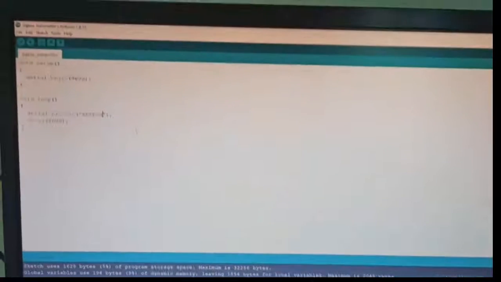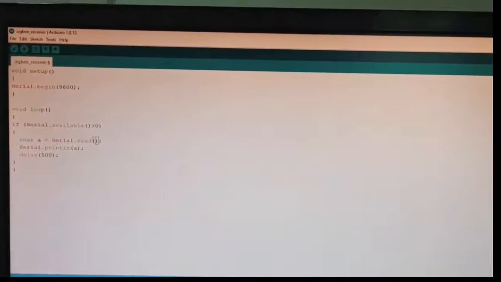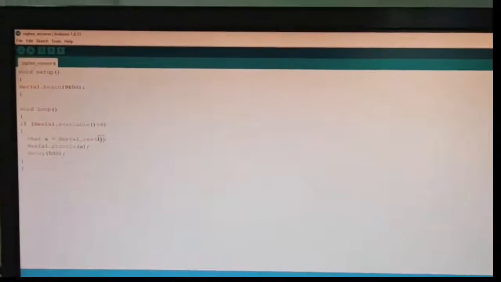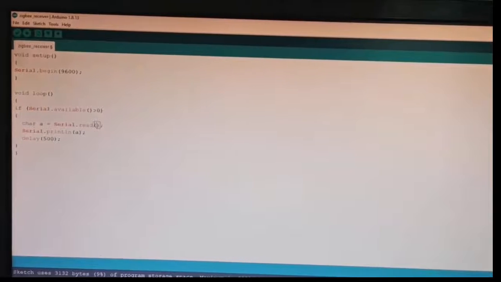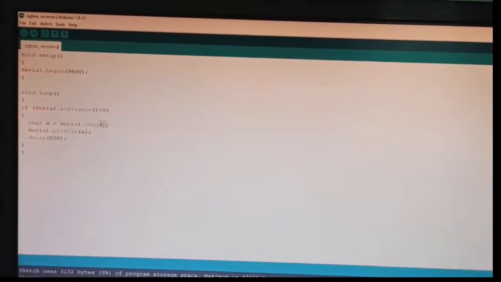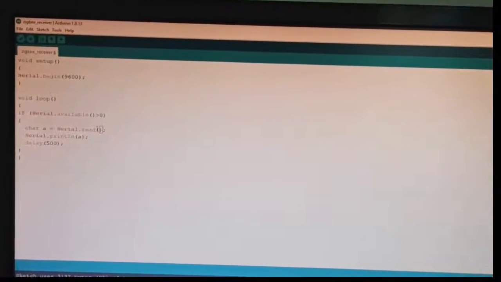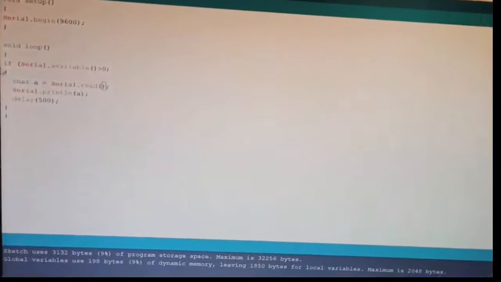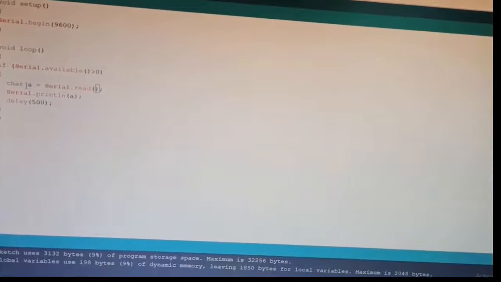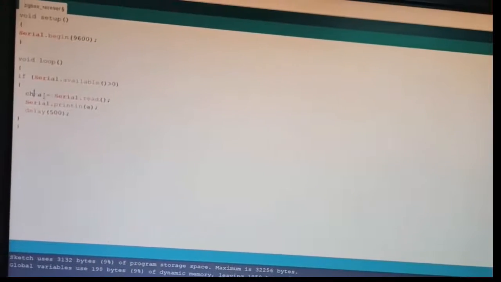Then let's move to the receiver's programming. See, in the receiver programming we need to change this character variable. We need to receive a string, so we need to initialize the variable a as a string only. So for that I am changing the program.